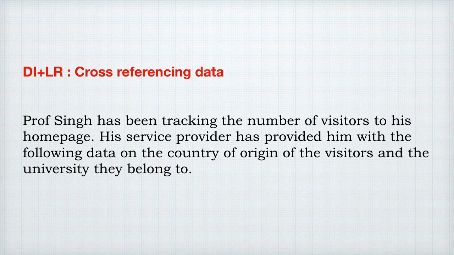So I'm assuming you have read the story. The story is fairly simple. There are two tables given. Both of the tables reflect the same data. There is a Professor Singh who has been tracking the number of visitors to his homepage. His service provider has provided him with the following data on the country of origin of the visitors and the